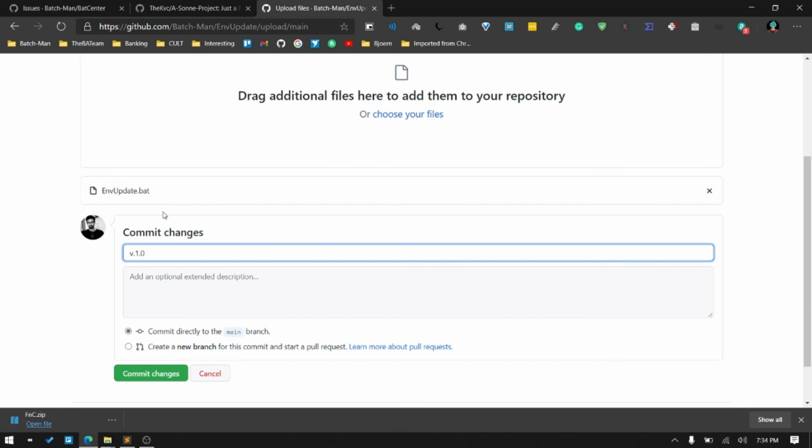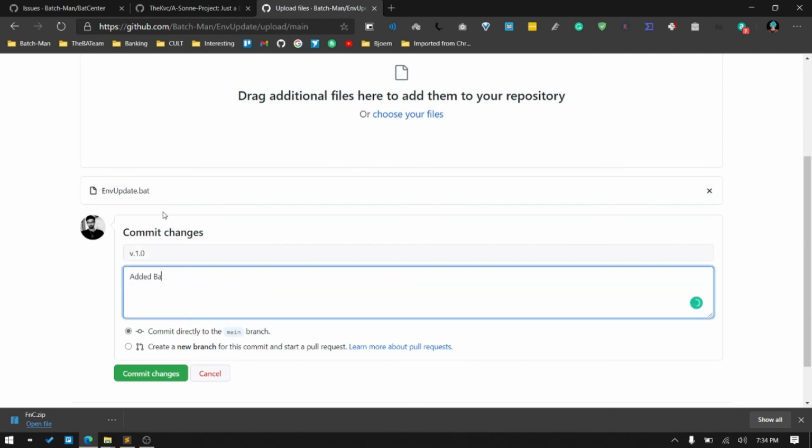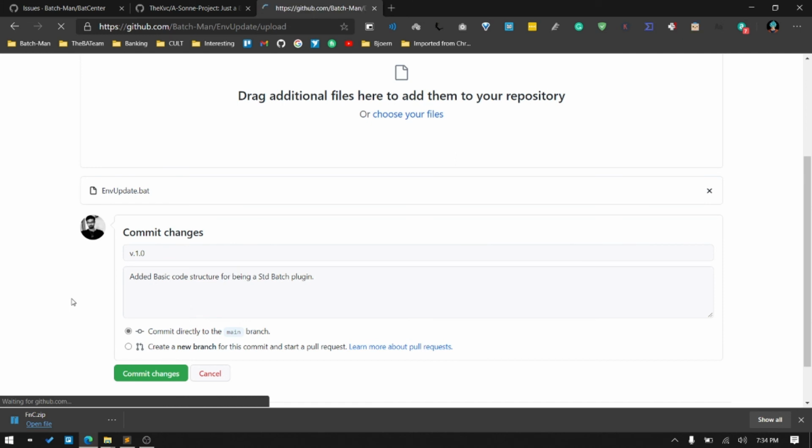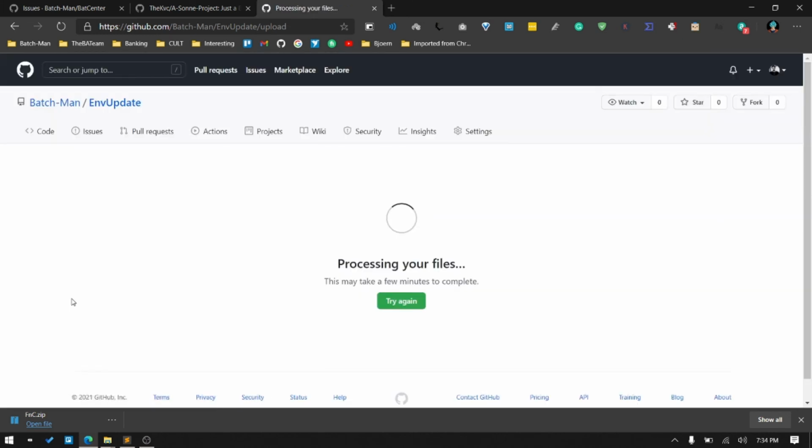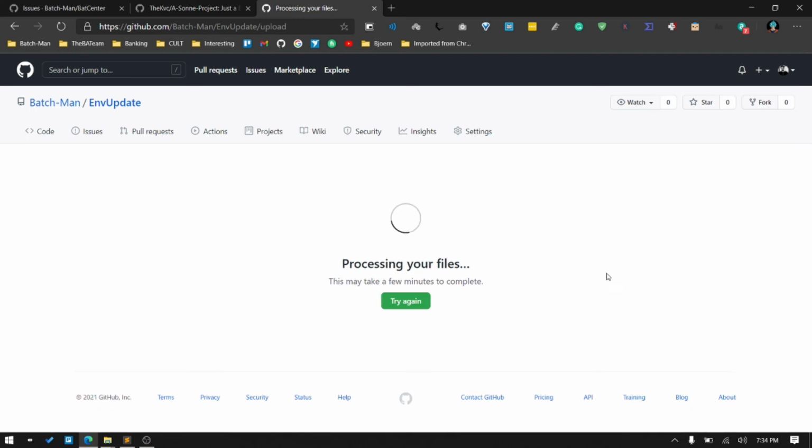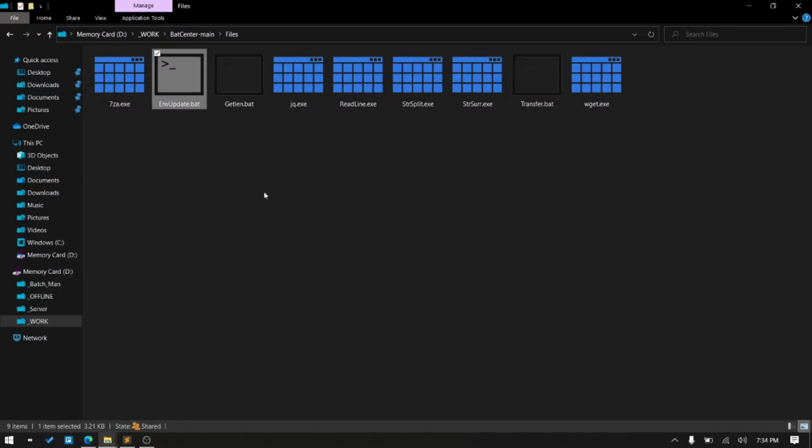Version 1.0. Added basic code structure for being a standard batch plugin, and yep, commit the changes. Seems nice. Okay, meanwhile it is processing changes. Yeah, so this is done,